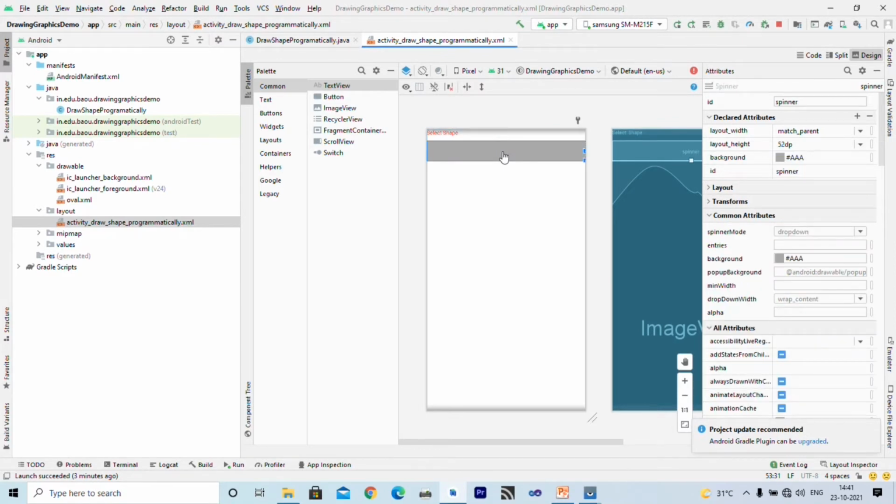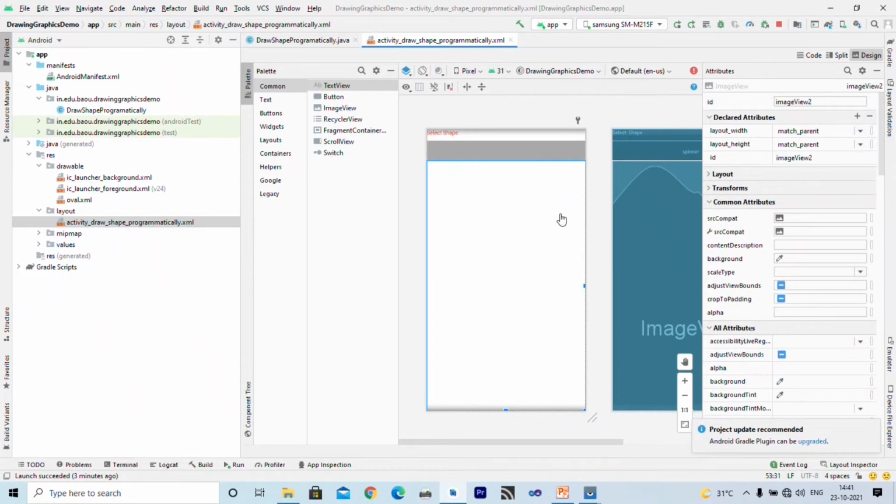After that we created one spinner, and the ID of that spinner is spinner. And after that we have created an image view. The name of this image view is imageView2. So we want to draw those shapes inside this image view programmatically, right?